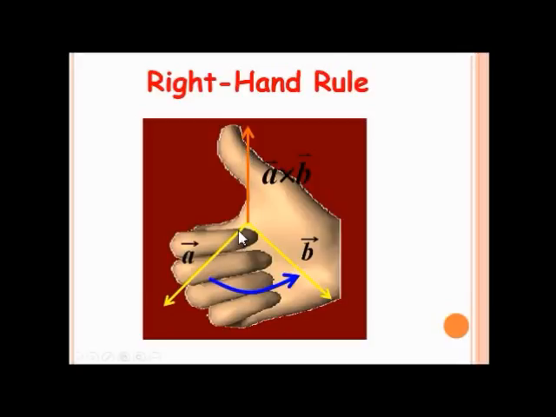We are given two vectors, vector A and vector B. There is some angle between vector A and B, as I have already told you. The direction in which this angle increases, you can take either clockwise or anti-clockwise according to the requirement. We will curl our four fingers in such a direction from A to B, and then the thumb will give the direction of the resultant, that is A cross B. And this is what we call the right hand thumb rule. Remember, it is the right hand, not the left hand, right hand thumb rule.